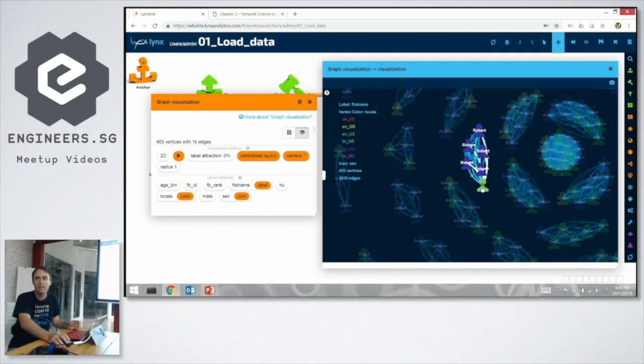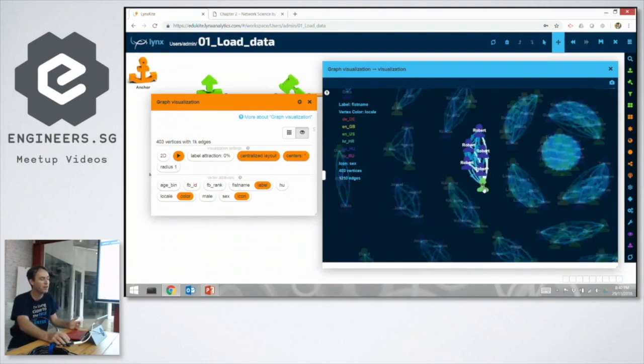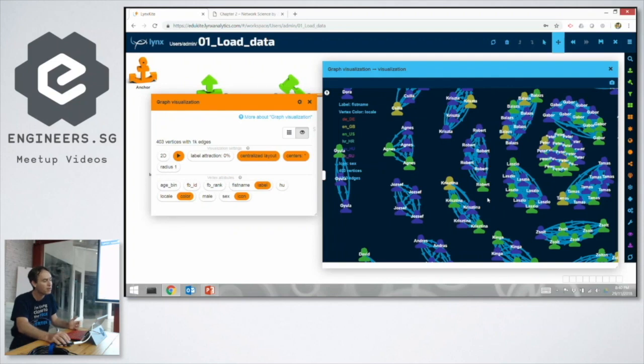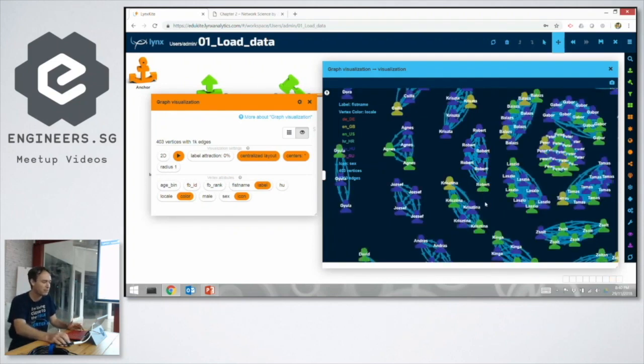If all of their friends are non-Hungarians, then this Robert is probably not speaking Hungarian. But if some of their friends, not only called Robert, because this is not necessarily their friends, also have the language setting of Hungarian, then he probably speaks Hungarian. So this is the way you can utilize different